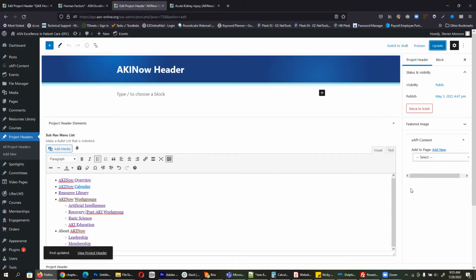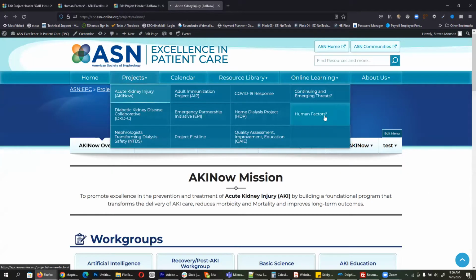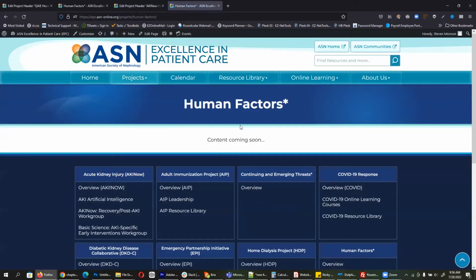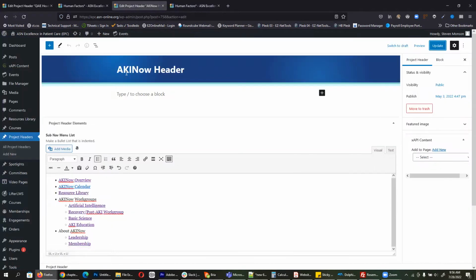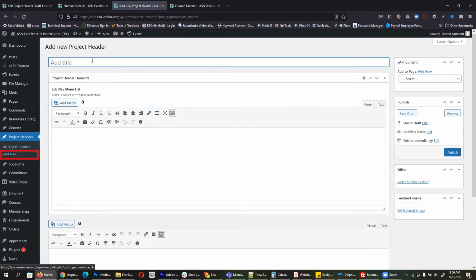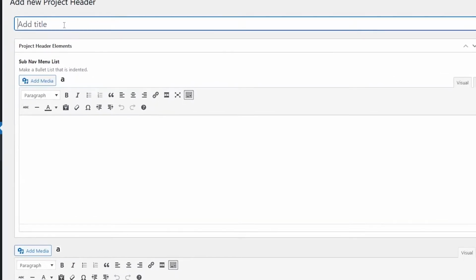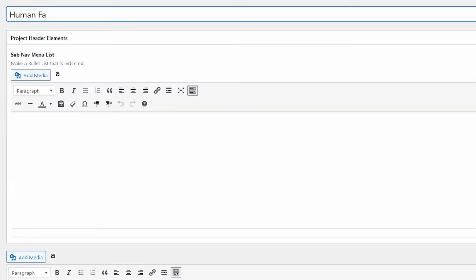Now I'm going to show you how to make a new one of these project headers from scratch. So right now we need to make one for the human factors page. It doesn't have anything yet. So let's go ahead and make one. So I'm going to go to project header and then add new right here. In the title, I'm just going to call it human factors